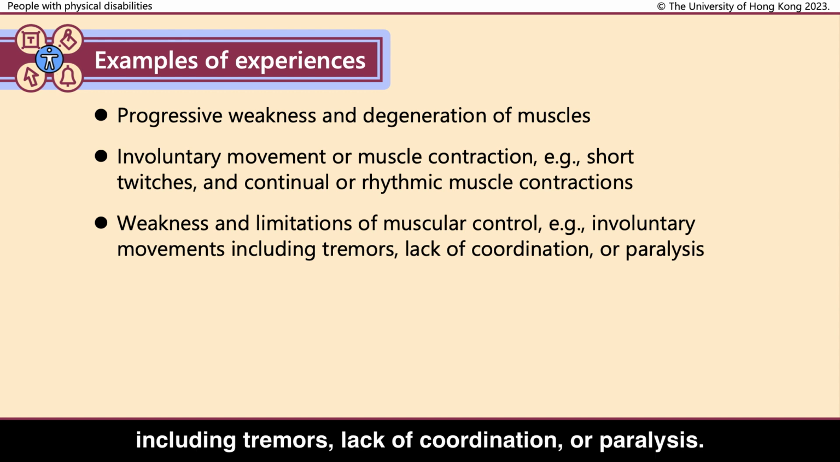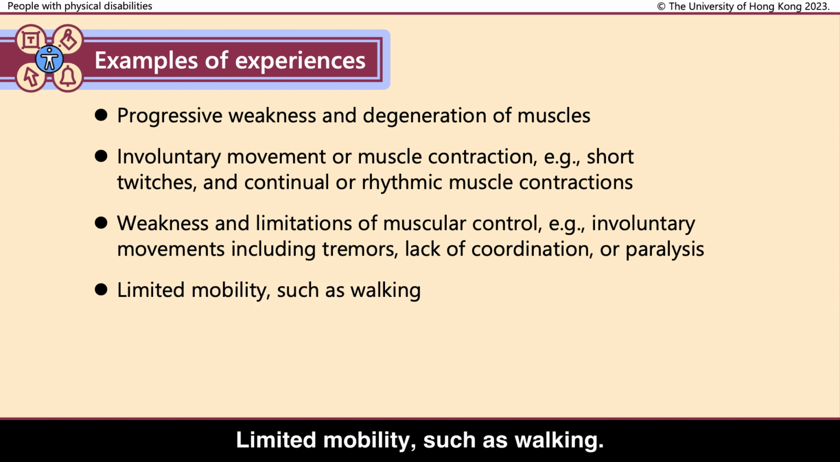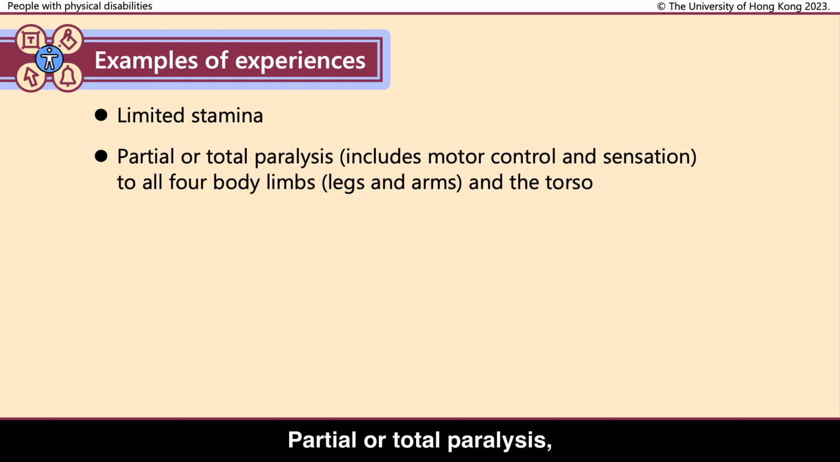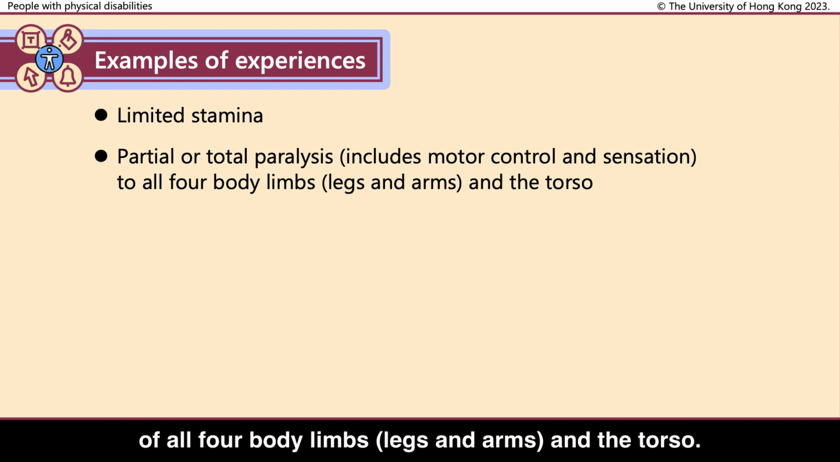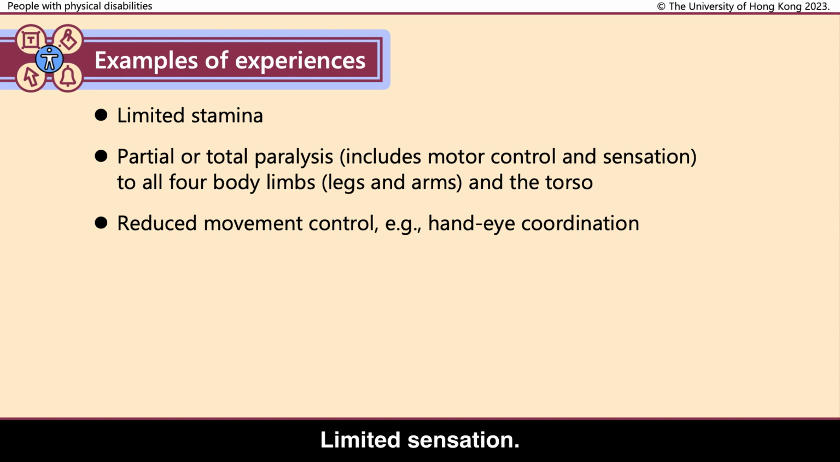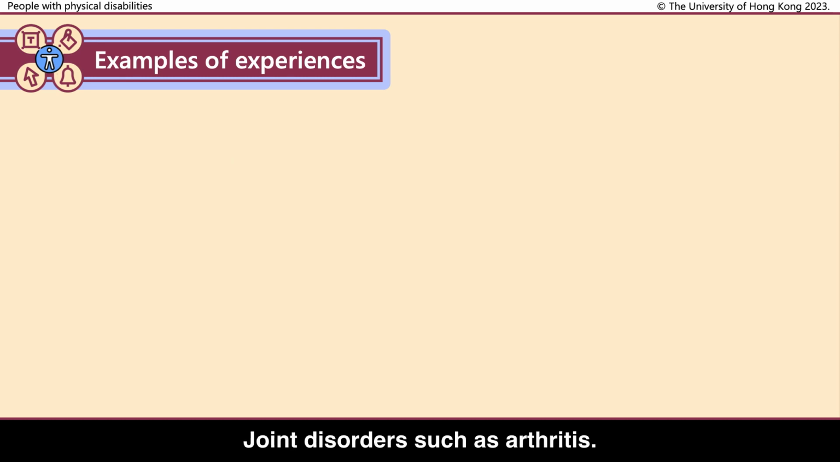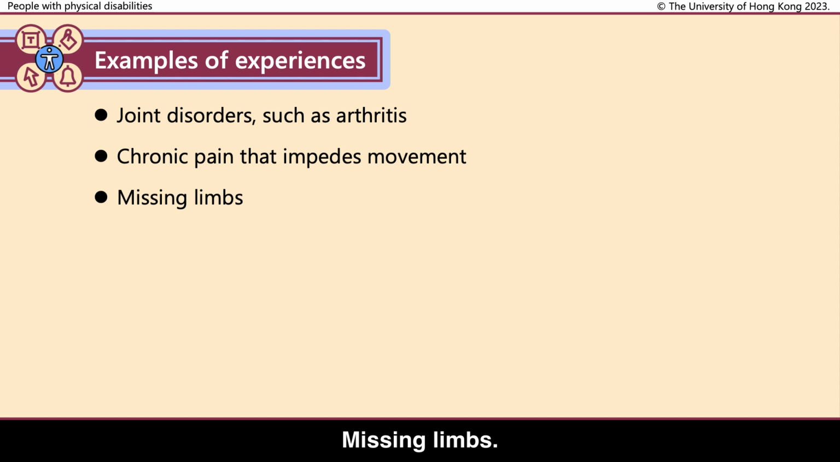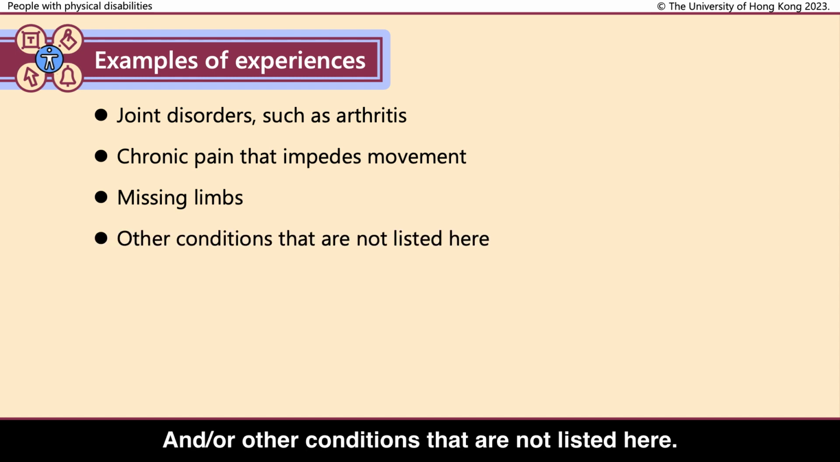including tremors, lack of coordination, or paralysis, limited mobility, such as walking, limited stamina, partial or total paralysis, including motor control and sensation, of all four body limbs, legs and arms, and the torso, reduced movement control, such as hand-eye coordination, limited sensation, joint disorders such as arthritis, chronic pain that impedes movement, missing limbs, and/or other conditions that are